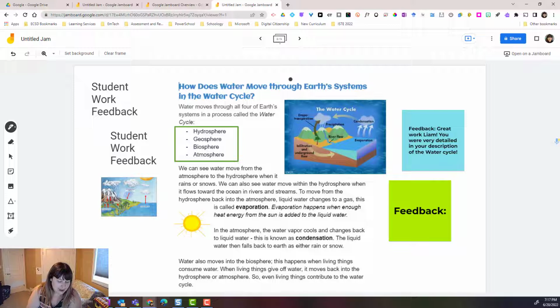So let's grab the highlighter tool, and let's highlight in blue. So I can simply start highlighting on the Jamboard, and you can see me inking, or in this case, highlighting in real time. Let's go ahead and grab the pen tool, and we'll change the ink back to, let's say, green, and I'm going to make a few notes here. Let's go ahead and circle evaporation and condensation, and I will say